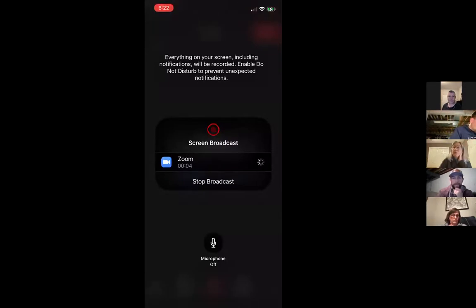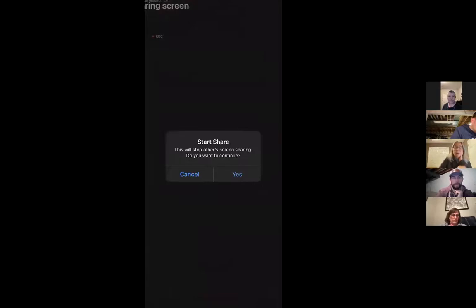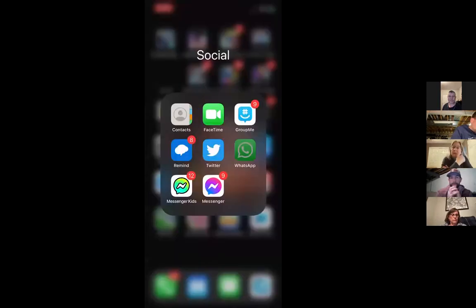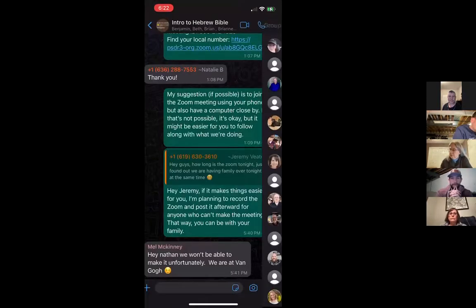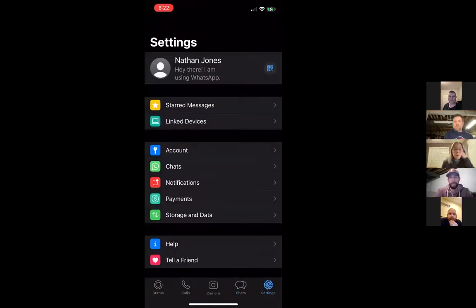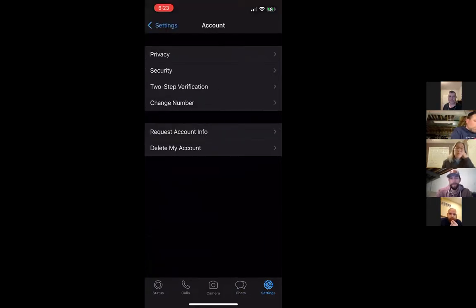Okay, so if you're in the WhatsApp, the first thing you're going to see, if you have other WhatsApp groups, is all of those at the beginning in your list of chats. And if you go into settings down here in the lower right-hand corner, there are a couple of things you can do that might be helpful. Go into account, and where it says privacy at the top here,